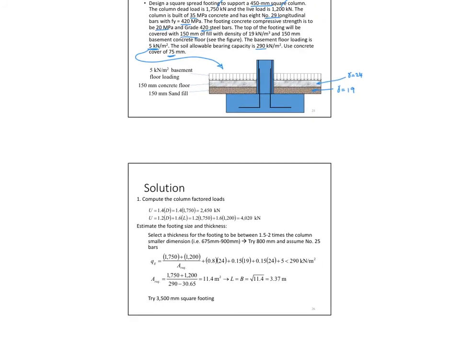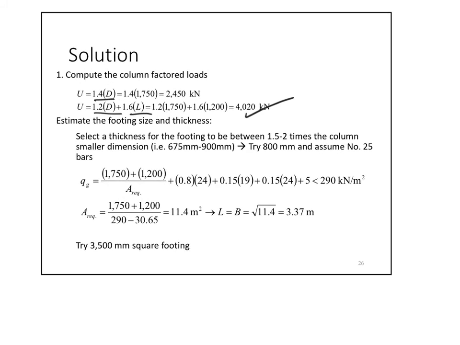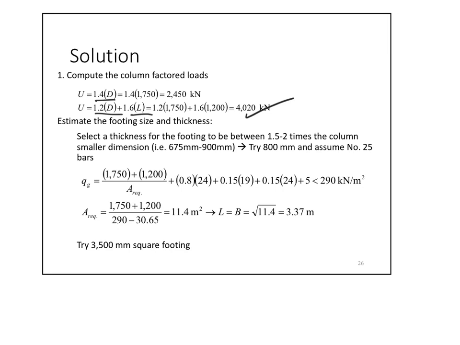Okay, going to the solution, I have to get the ultimate loads. I compare the 1.4 to the 1.2, 1.6. The 1.2, 1.6 governs. It's about 4,000 kilonewtons. Now, to find the area of the footing, I have to get the gross load, all the loads on top